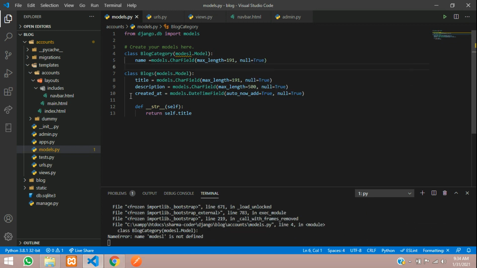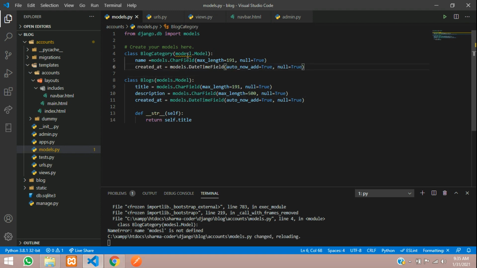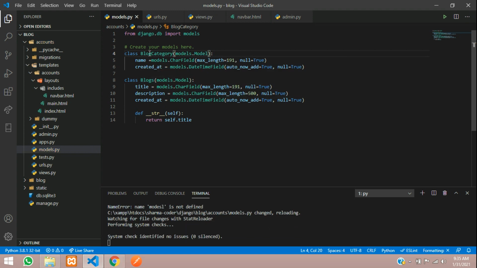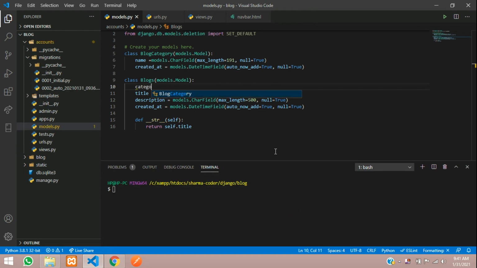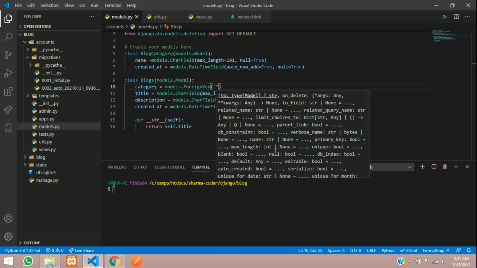One more thing, we can keep a created_at field so that we can track when it was created. Now this looks fine. Now we are creating the relationship of this table in this. Which category does this blog belong to? We have to save it here. Before the title, just give category. You don't have to mention category_id, because by default it will be category_id in the database. So here just give models.ForeignKey,